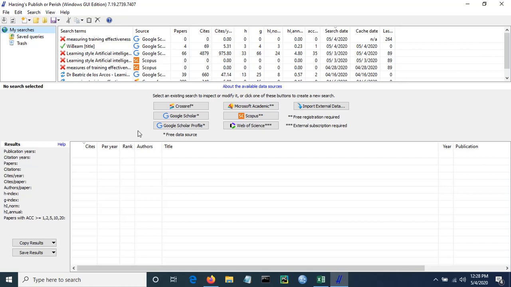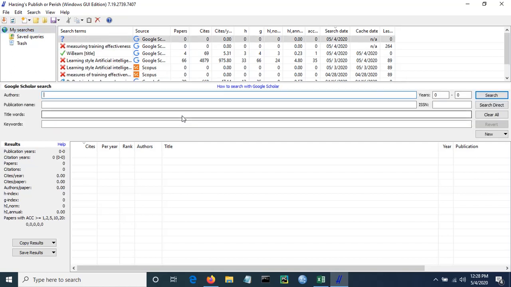So let us take our famous Google Scholar. I will search something in Google Scholar and show you what are the benefits of the software. Okay. Now, there are various ways of searching literature. You can search by the author's name or the publication name, the title words, and easiest is the keywords, because it will throw up a lot of results which probably otherwise you will not know that they are existing on the internet. So let's say, for example, I have been searching on this topic called training effectiveness.